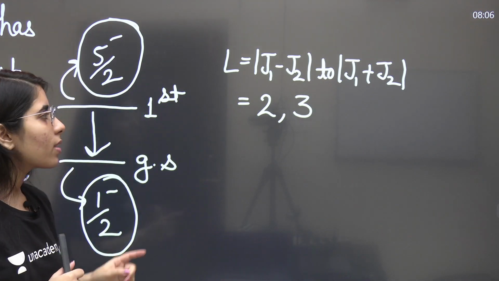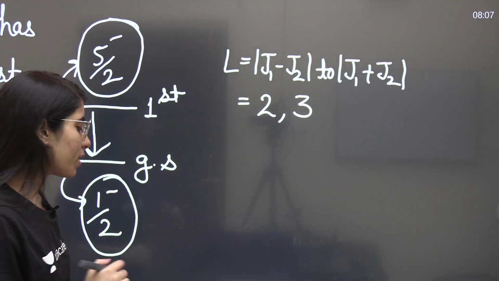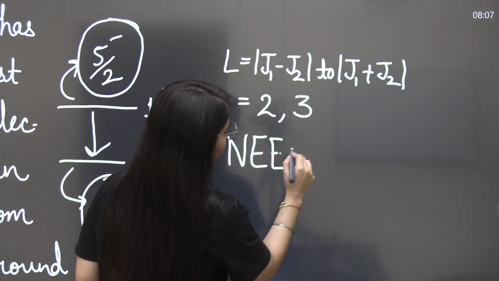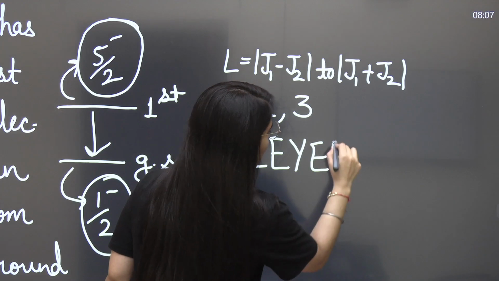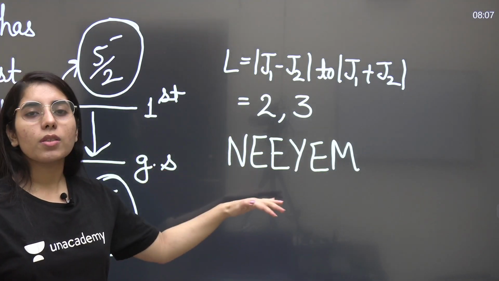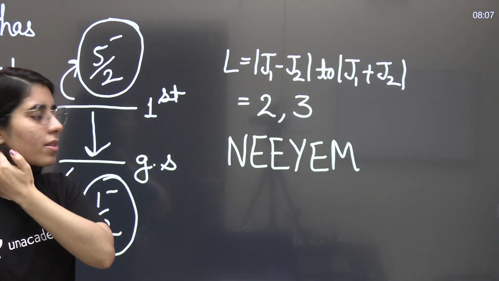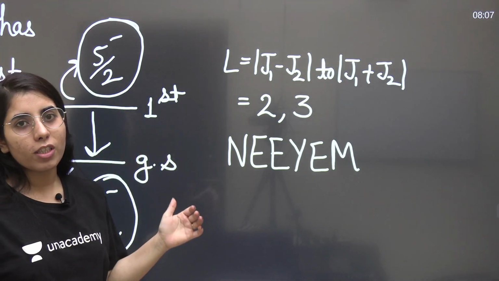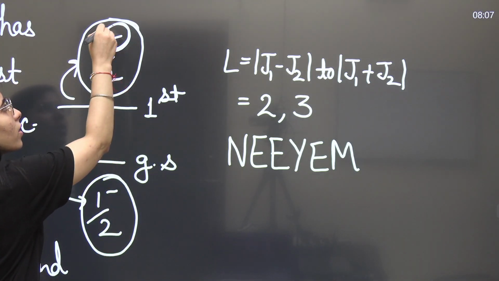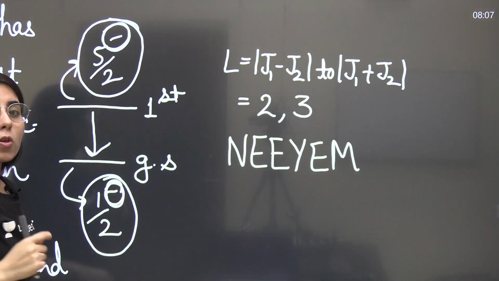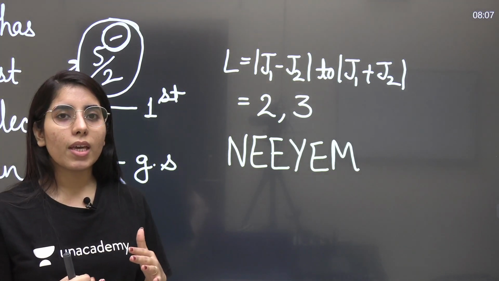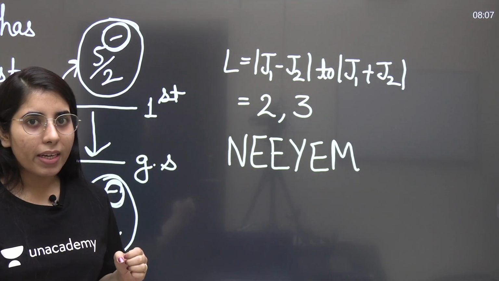So basically guys, now here comes the trick. You can consider it with the word NEEYEM. Okay, so you can read it like NEEM. Now the point is, you have to just memorize this word. You will be asking a question to yourself whenever you solve such a question. The question will be: is the parity getting changed in that transition, from where to where the transition is taking place? Is there any change in parity?